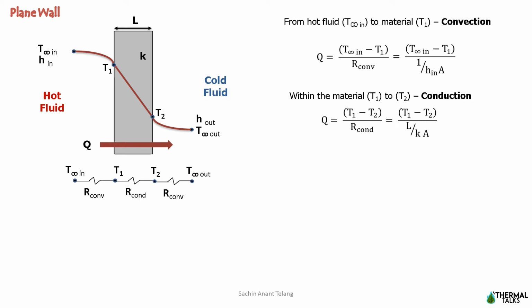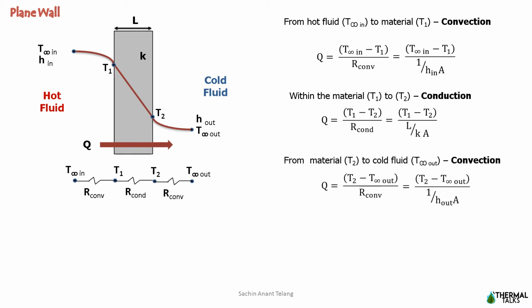As a result of heat conduction through the wall, the outside wall reaches a temperature T2, lesser than that of inside wall temperature, as represented qualitatively. And finally, heat is lost by outer wall surface to the cold fluid, that is, convective thermal resistance is offered to the heat transfer. That is what we can write in this equation.